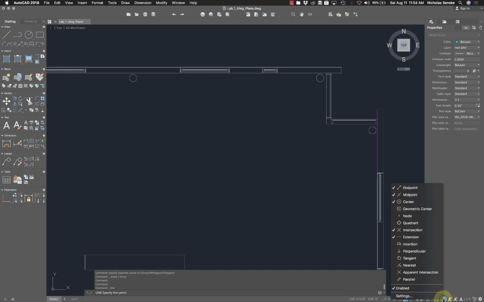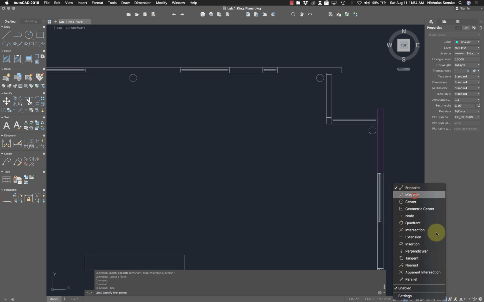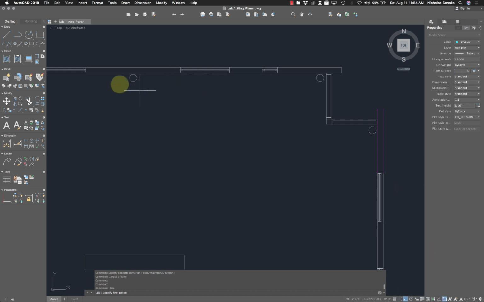And if you right-click on them, you can turn different snaps off and on. I will say, you should leave as few snaps on as possible, because the more snaps you have, the more your cursor jumps around. You might accidentally make something that you don't want. So I typically go with midpoint, endpoint. Now I've got some circles here, so I might actually want the quadrants of the circles. And I'll probably want perpendicular snaps as well. So that's going to allow me,